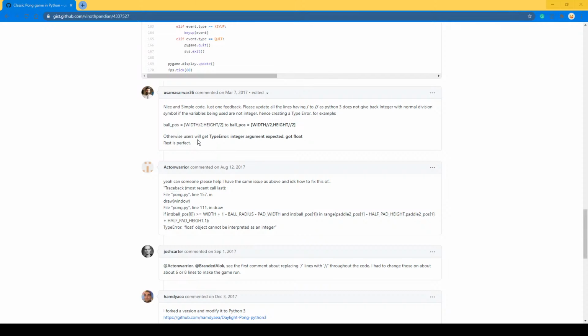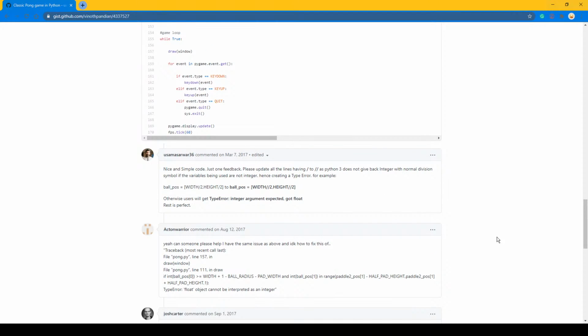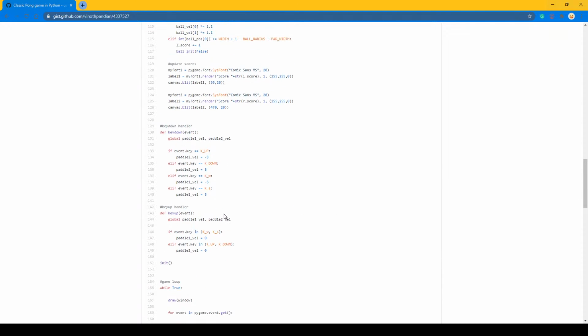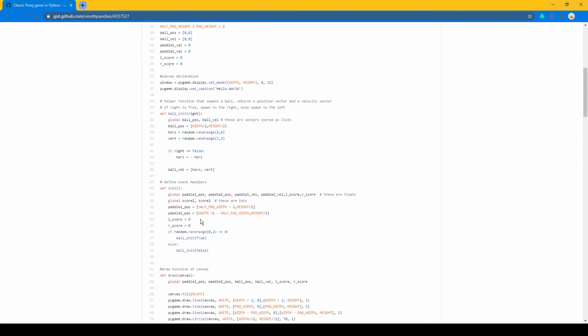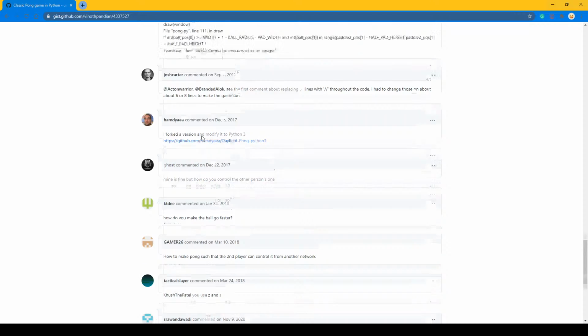Alright, so hopefully you guys were able to scan through some of these. What's happening here is, in this first one, it's a good piece of code, and all the lines need to be changed to this, as Python 3 does not give back an integer with normal division. That's the one major complaint this person had. So we can look at the code. This kind of code can always be updated, which is the good part about GitHub, but it looks like this person did not do that. So when we write this code, we will need to do this ourselves, if we run into that error,